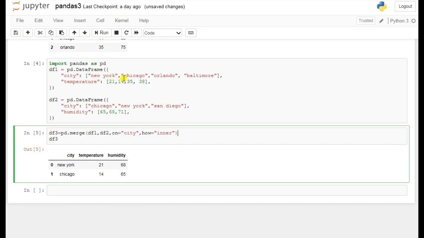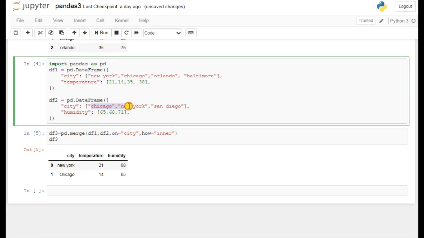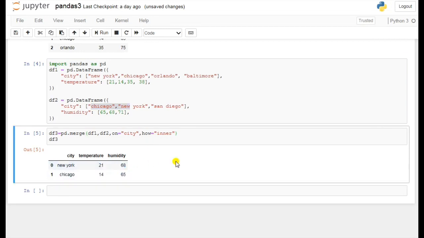So you can see New York and Chicago. These are the only two cities which are common in both these data, and that's why it is giving me only the values of these two cities. So in this way you can use how inner, and if you